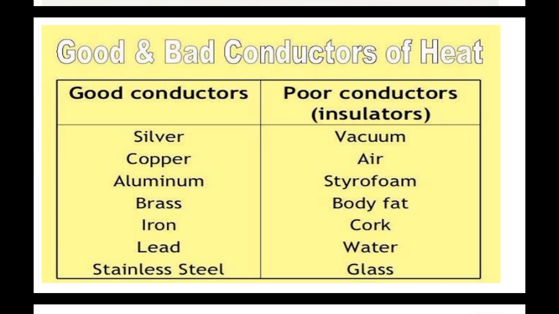Those are called good conductors, like silver, copper, aluminum, brass, iron, lead, stainless steel. And those which don't allow heat to move are called poor conductors, or in other words insulators, like vacuum or air or styrofoam. So all these